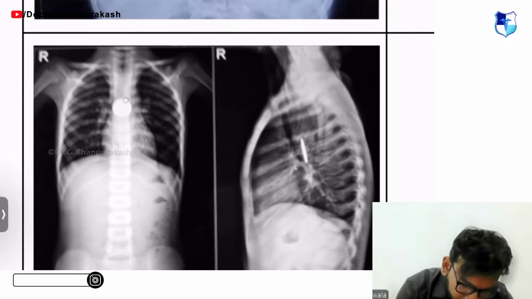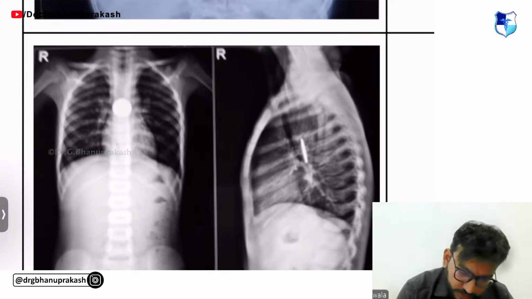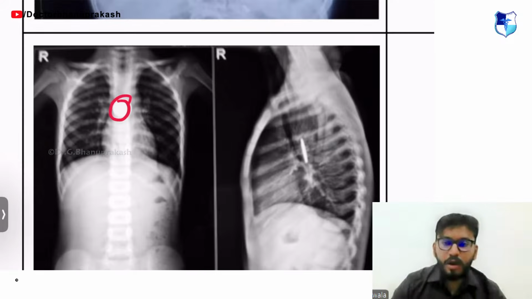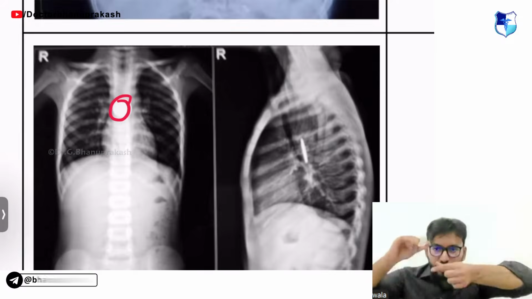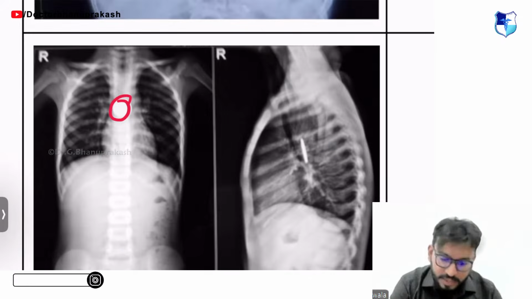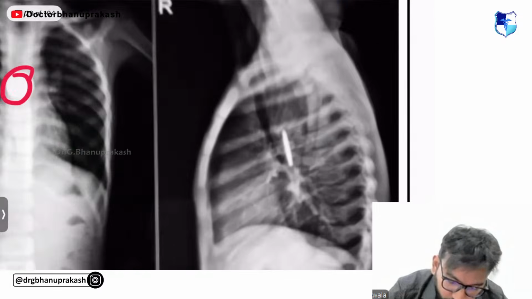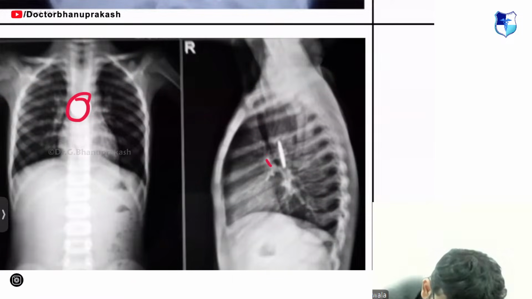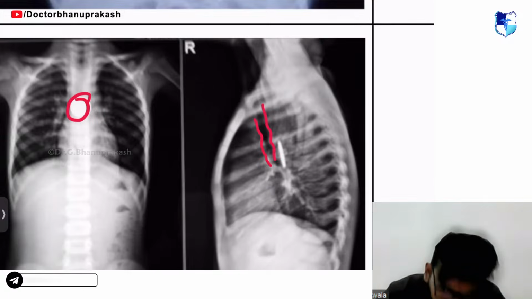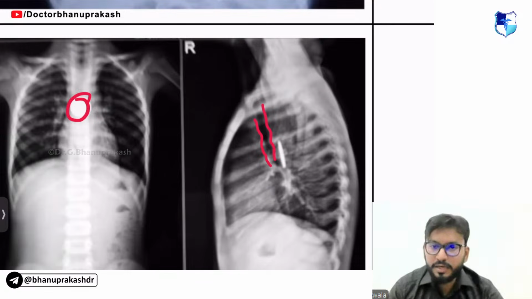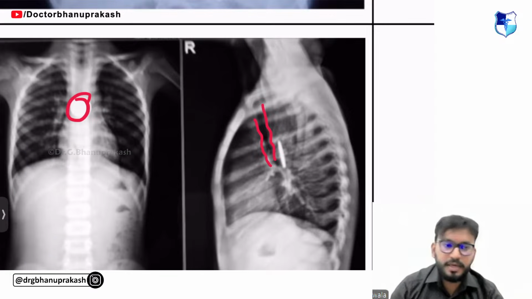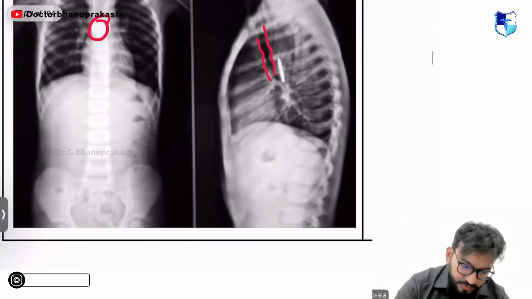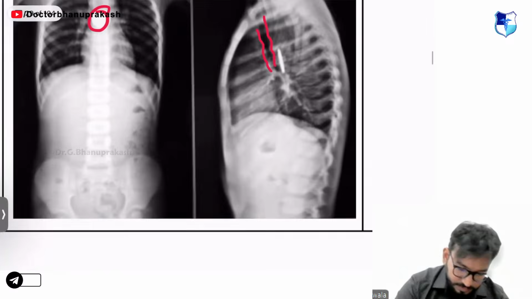This, as you can see, is perfectly round. It means it has to pass through a horizontal slit. This is nothing but esophagus. A lateral film, as you can confirm. Look at this, guys. Can you see the air-filled lining structure here? This is your trachea. The trachea is absolutely clear. The coin, the foreign body, is behind the trachea, and this is your esophagus, foreign body in esophagus.